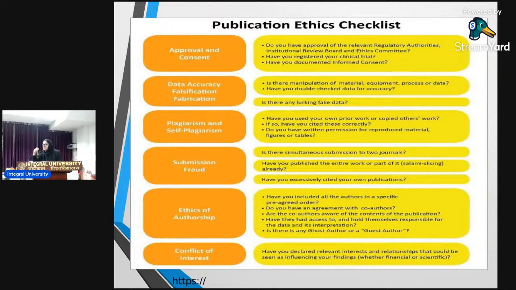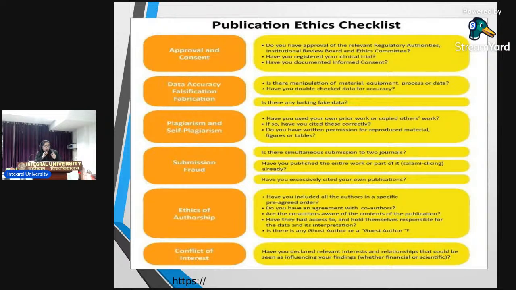So you have already decided what you want to work on. For example, your study plan involves volunteers, right? Or it involves a survey. For a survey also you will need volunteers. For clinical trials, we need volunteers. For certain animal studies, we need animals, right? So there are ethical bodies that govern the rights of the animals too, and there are ethical bodies that govern the rights of human subjects.